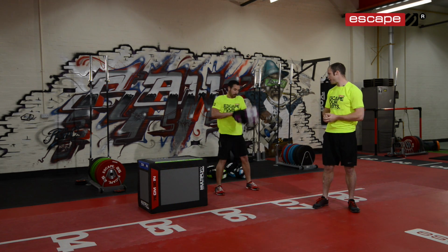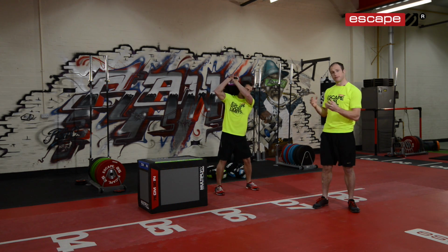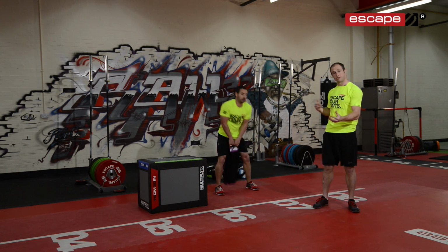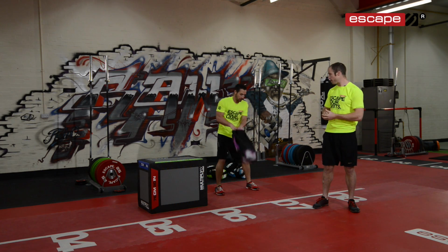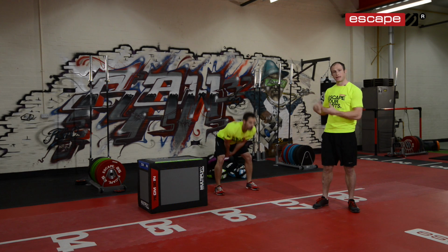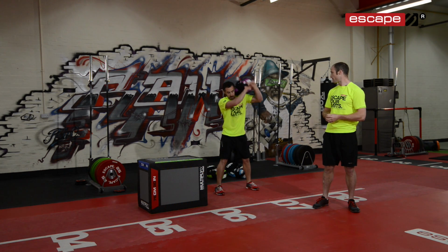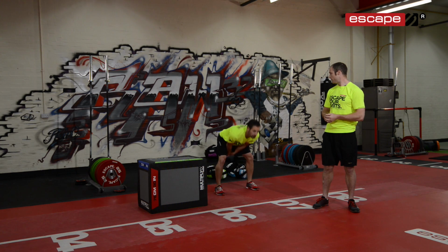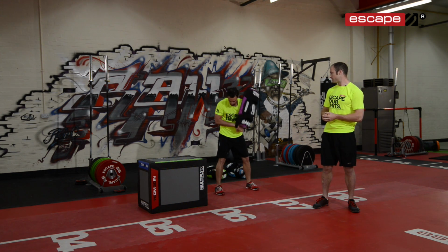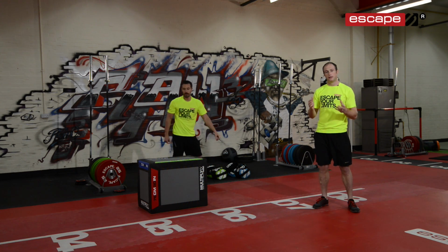The great thing with our sandbags is that we've got a variety of different handles that we can use with the bag. There's a variety of different weights that you can use, so there's regression there if necessary, or progression. And also because of the soft feel of the bag, it's very easy to catch this bag on the shoulders or on the wrists, on the forearms. Okay, perfect. That's the next sandbag exercise,